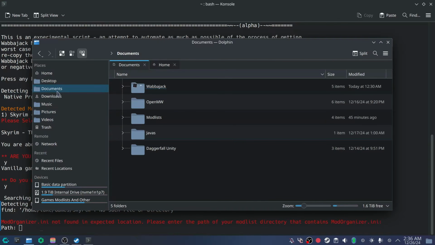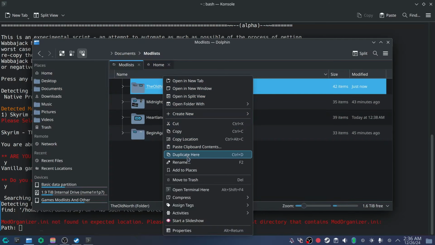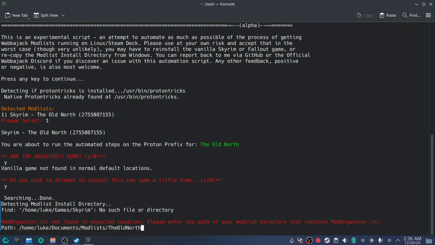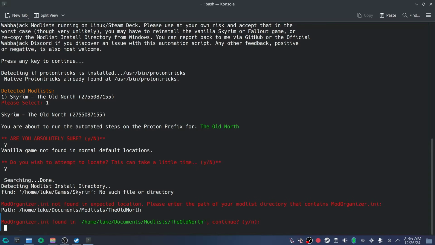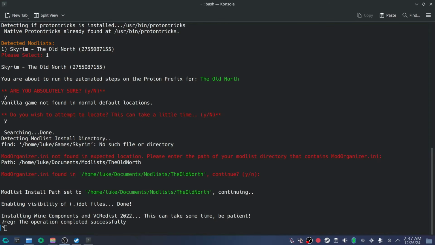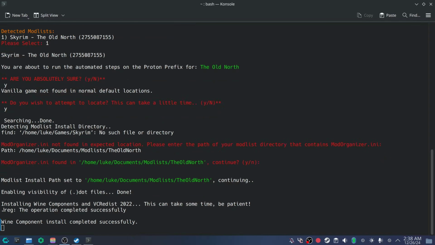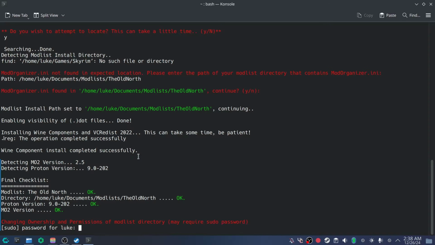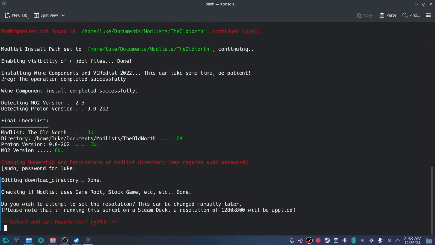So again, I have mine in documents, and we're going to go mod list, and I'm going to right click and copy the location of the folder, the Old North. Modorganizer.ini was found in this location. All right, and now it's going to prompt me for a password, your sudo password you set, and then it's going to ask about the